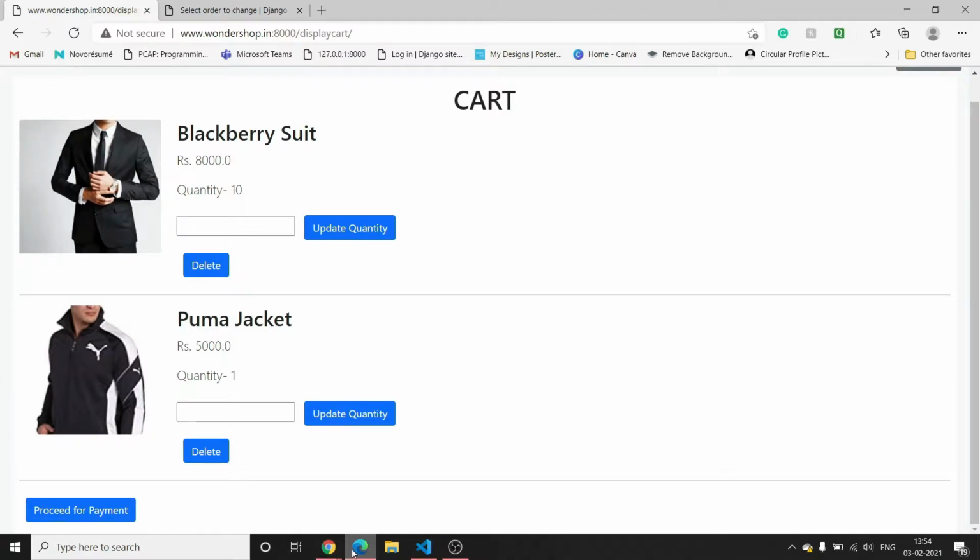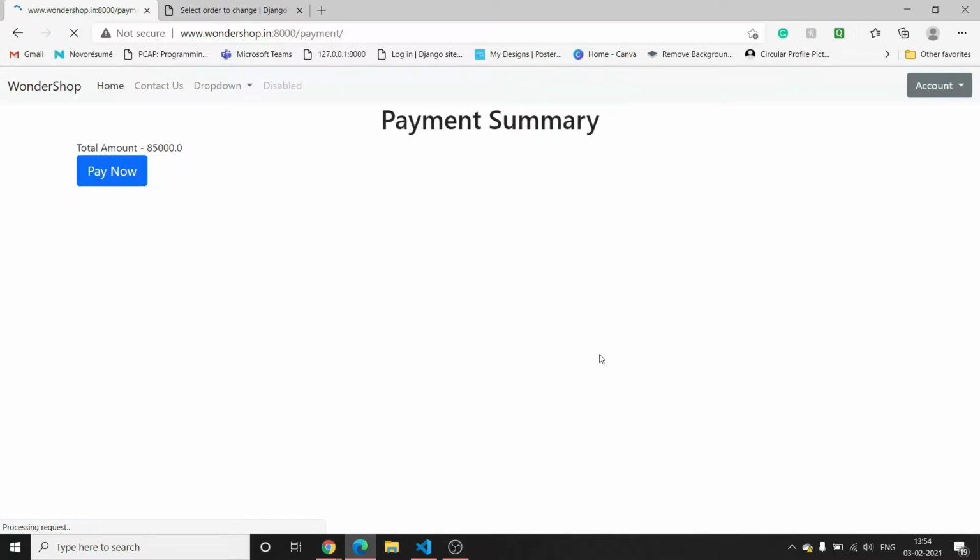This is our cart page, and here I have added two products. One is a BlackBerry suit and one is a Puma jacket, and for the BlackBerry suit I have added a quantity of 10. So the total cost of these products is 85,000, because 8,000 into 10 plus 5,000 equals 85,000. Now if I click on this proceed for payment button, it will display